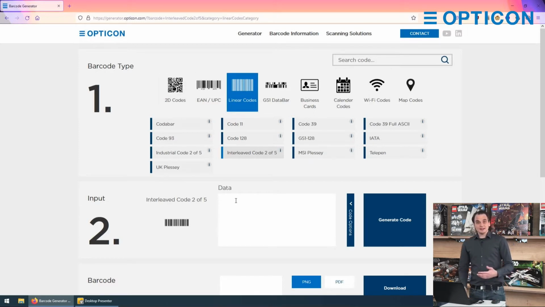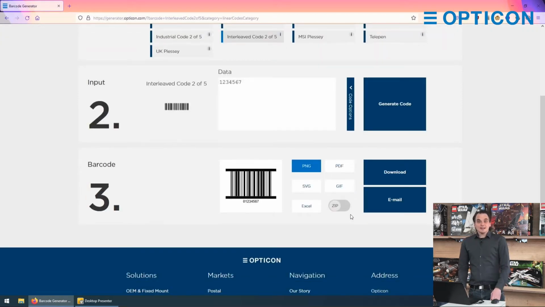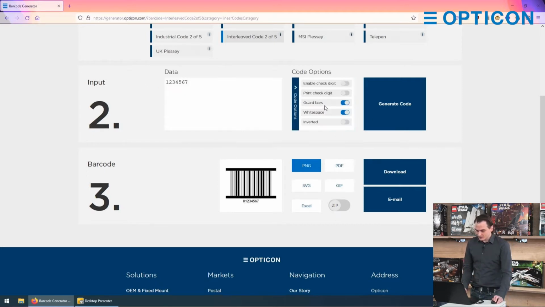Then when you type in the data, I showed you the other time, I can just type in a couple of numbers and then press generate. And you get a code at the bottom. But you might want to have a bit more say on what you want with that code. For instance, do you want the guard bars for an interleaved 2 of 5? Yes or no? If I turn it off,